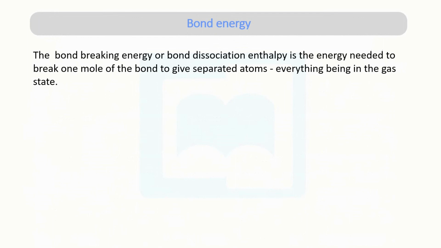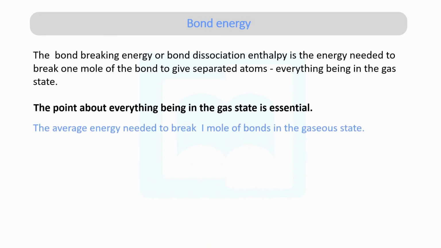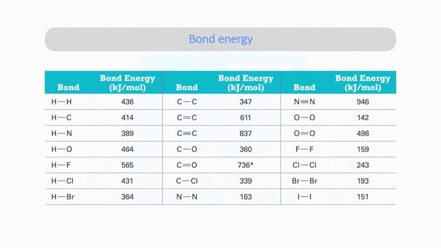The last point of this video is the bond energy. Bond energy is very, very important. I have discussed bond energy in chapter 4. The bond energy is the bond breaking energy. We need energy to break the bond. The main thing is that everything must be in the gas state, this is essential. If there is more than one similar bond, in this case we can consider the average bond energy. If I go to here, I'm giving you many examples. This data I have taken from your data booklet. Many bond energies are given.